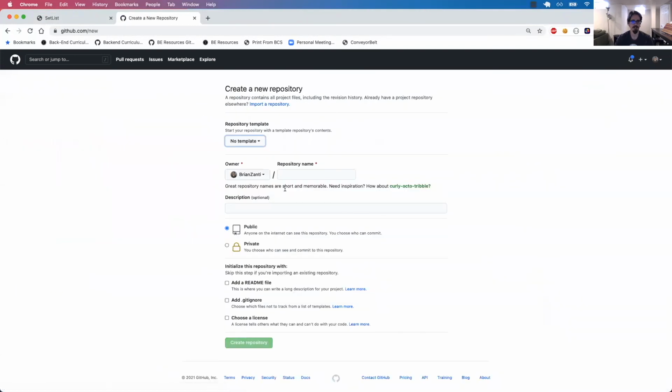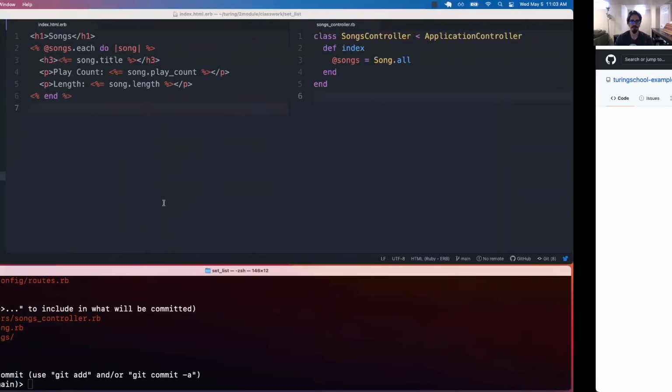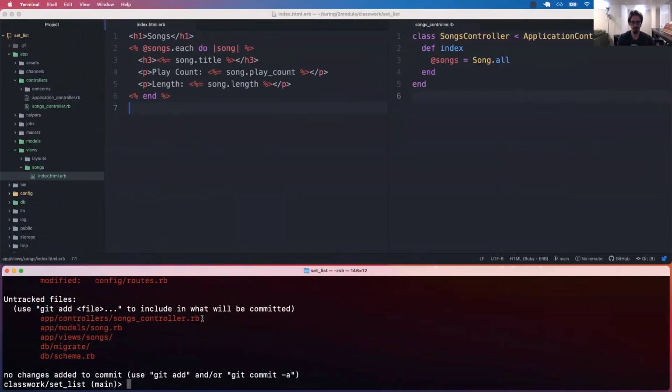So I'll go ahead and hit new here, and I'm going to create this under Turing School Examples, and we'll call this set list tutorial. We're going to make this public and hit create repository. Cool. So now I've got a remote GitHub repository, but if I go back over to my local Git repository